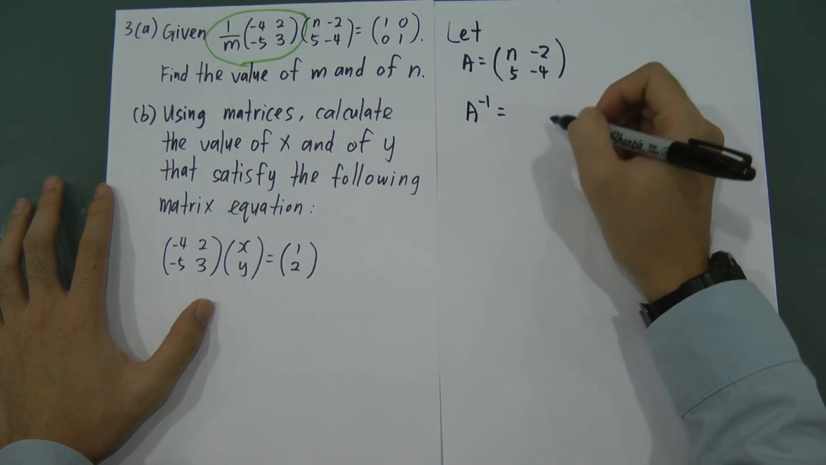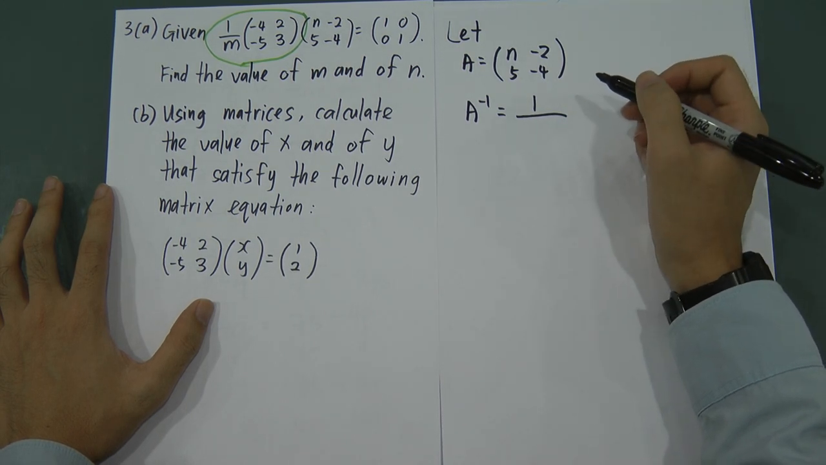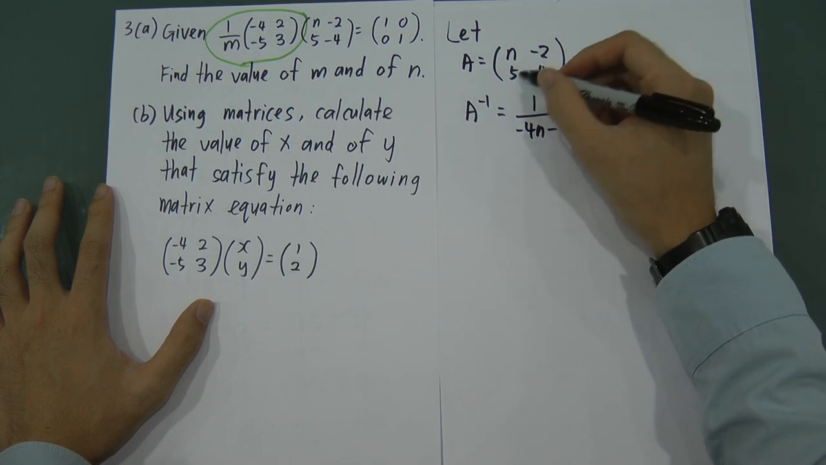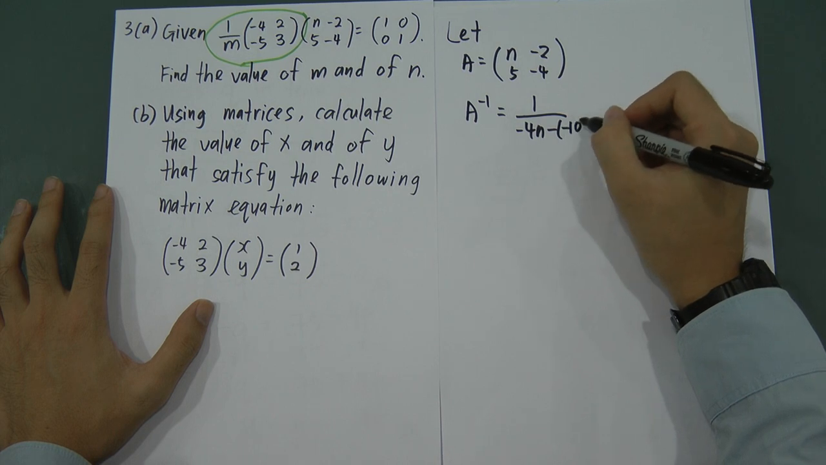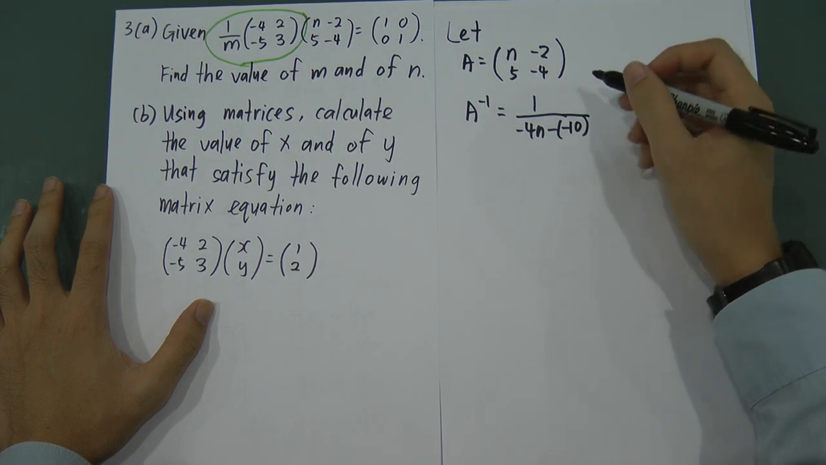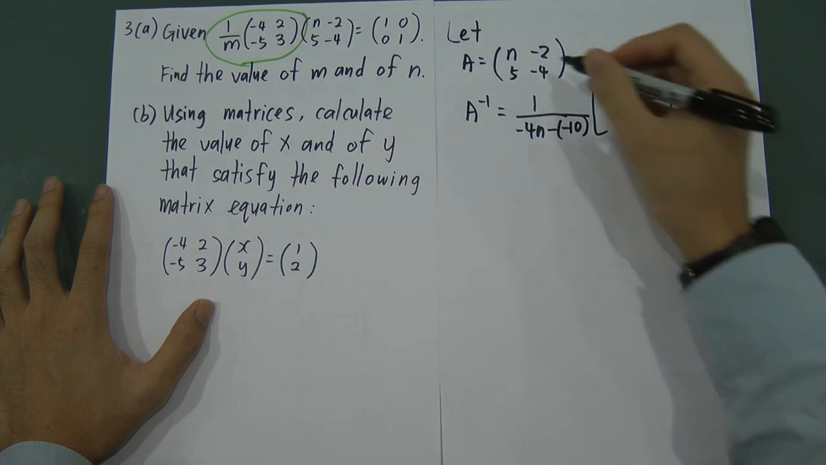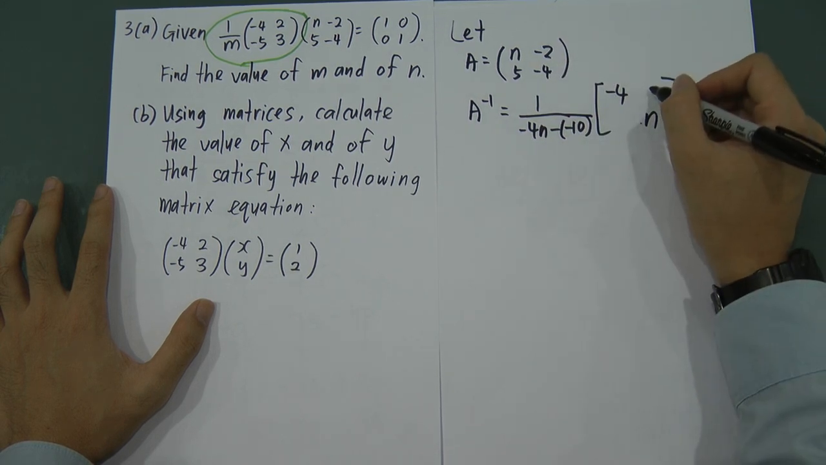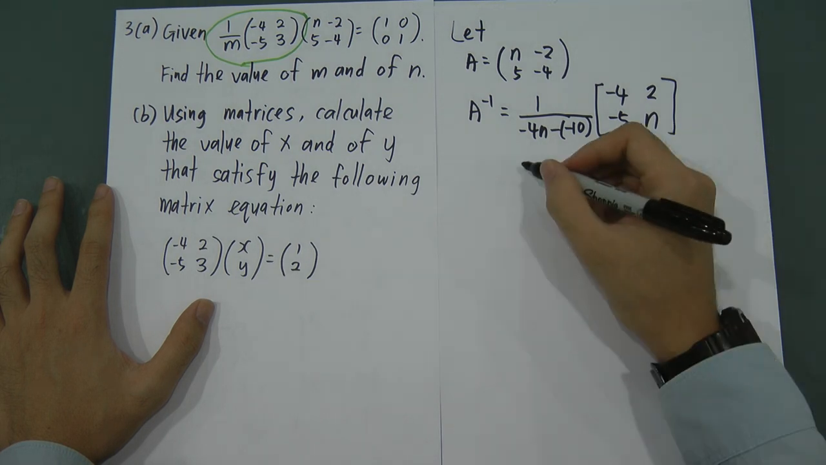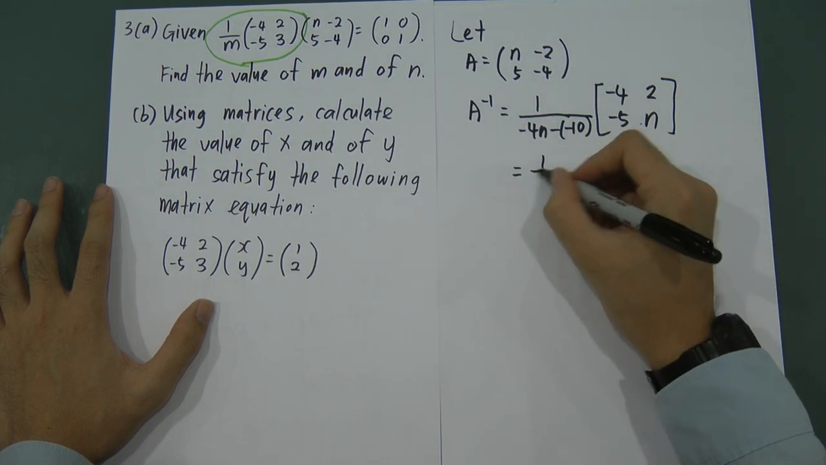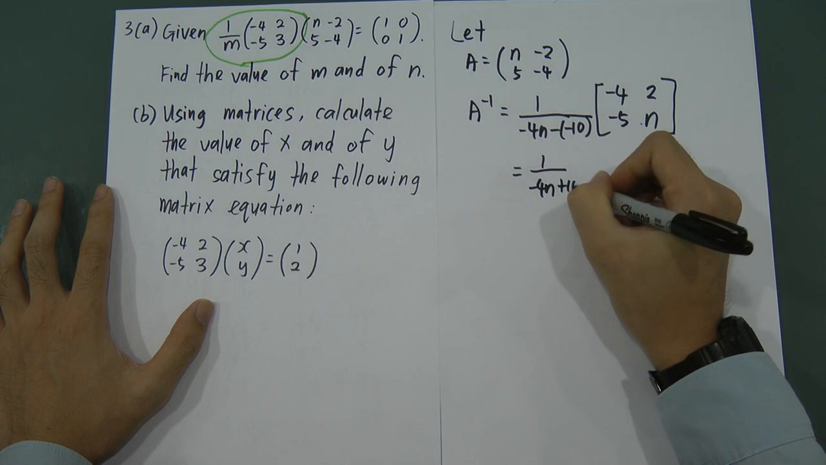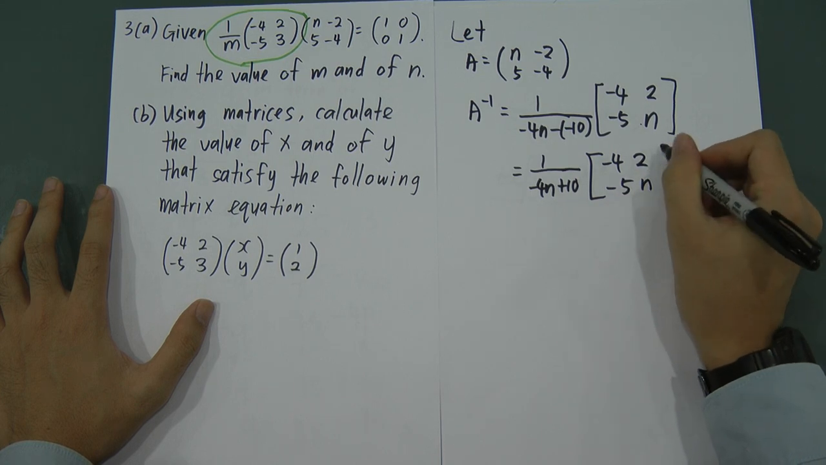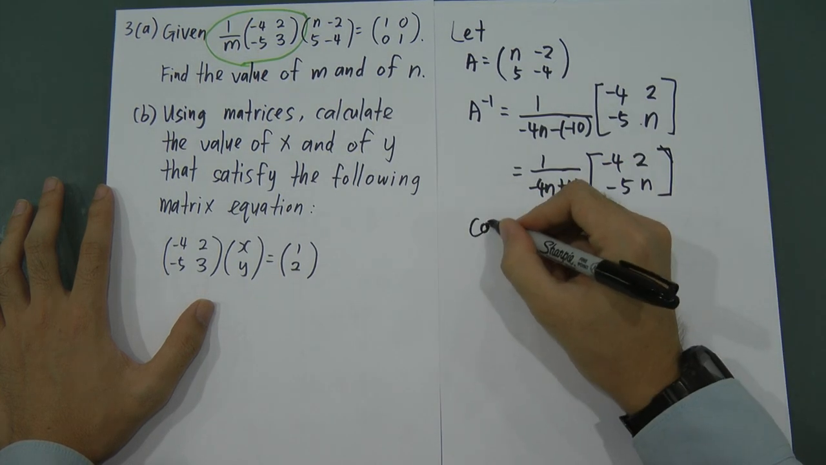Then the A inverse formula tells us 1 over AD minus BC. AD is negative 4n, minus BC. BC is negative 10. Okay? Will equal, and then A and D, we have to change place. So negative 4n. B and C we have to add a negative, so it will be 2, negative 5. Therefore, here I just solve this one, 1 over negative 4n plus 10, will equal negative 4, 2, negative 5 and n. And then I compare